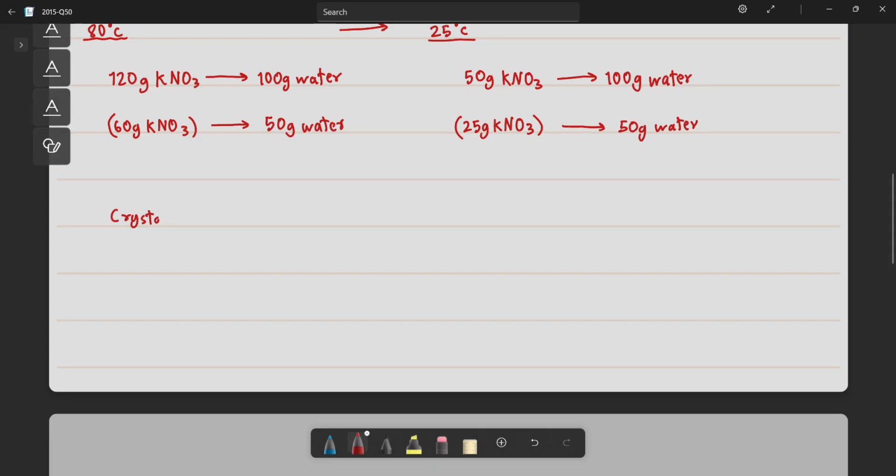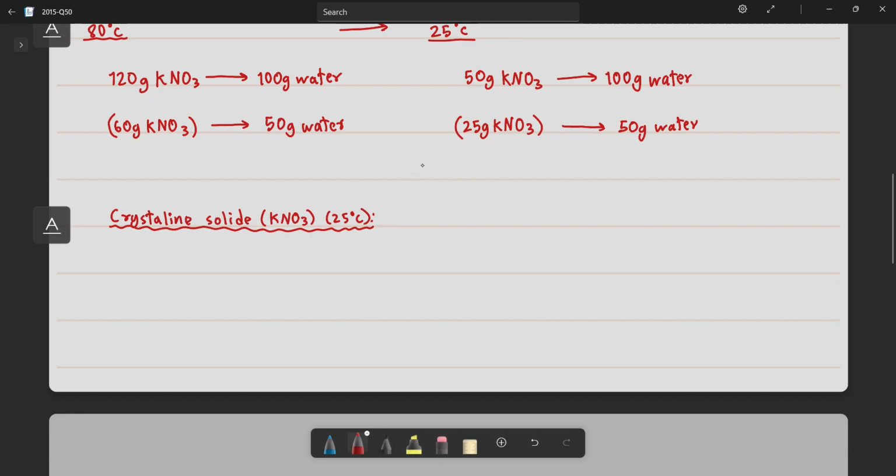Now what we must find out is the crystalline solid of potassium nitrate at 25 degrees Celsius. As the question mentions, it was cooled from 80 degrees Celsius to 25 degrees Celsius. So we have to find out the amount of potassium nitrate that was left undissolved, because we can see from our calculation